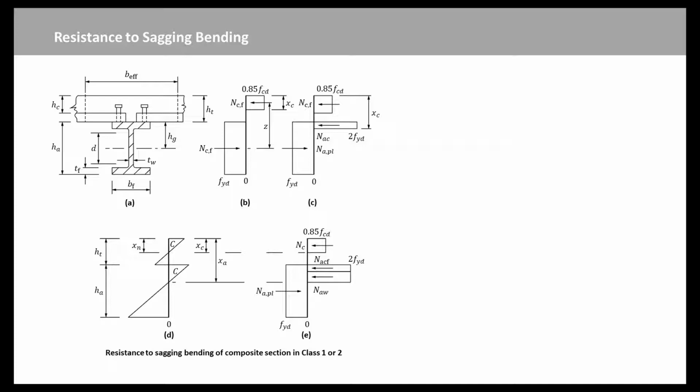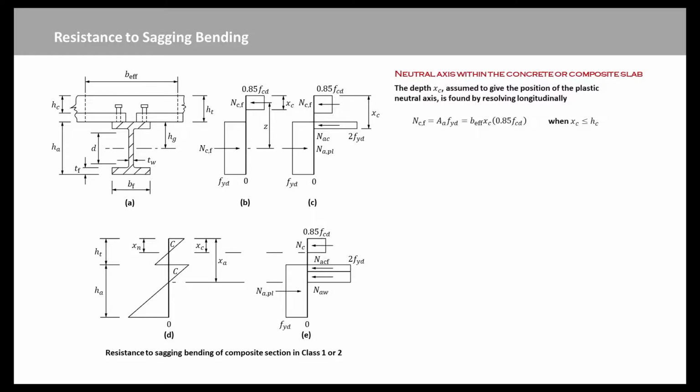The effective area of concrete in compression resists a stress of 0.85 times fcd constant over the whole depth between the plastic neutral axis and the most compressed fiber of the concrete. The effective section is shown in Figure A. As for composite slabs, there are 3 common situations. The first 2 occur only where full shear connection is provided. They are explained assuming a simply supported beam.